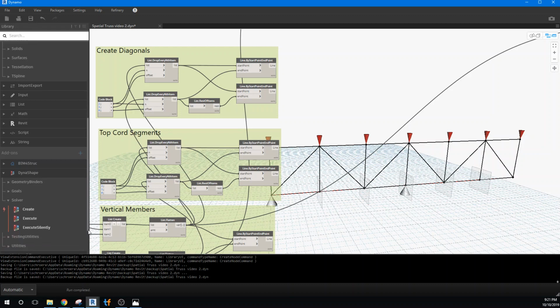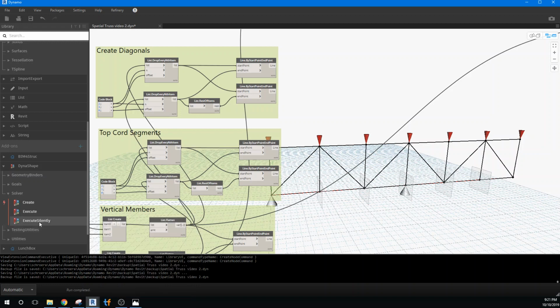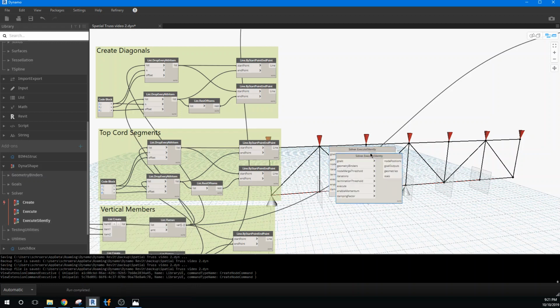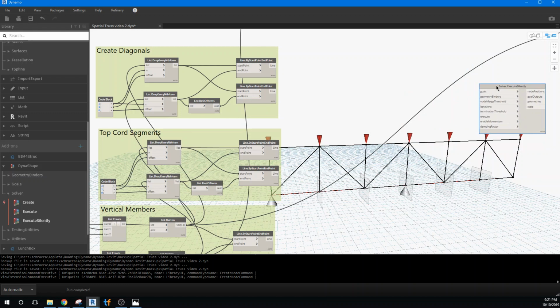And the solver that we're going to use, the one that's going to visualize our deflections and our stresses, is to execute silently. And I double hit it. Let me delete one. But the important thing to note here is there's a lot of inputs, and we've got to satisfy at least the goals, the goal geometry binders, the reiterations, and this terminal threshold. So what we've got to do is actually find these goals and get those set up right away. So we're going to do that by